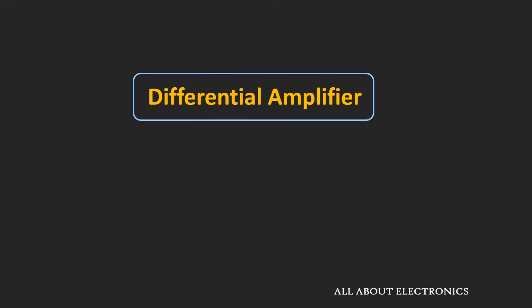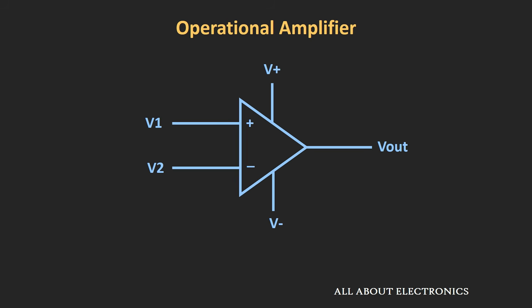In this video, we will see how to design the differential amplifier or a subtractor circuit using the op-amp. We already know that the op-amp is a differential amplifier which amplifies the difference between the inverting and the non-inverting terminal. But whenever the op-amp is used in the open loop configuration, the gain is quite high, and because of that the output will always get saturated. To avoid that, we always need to use the op-amp in a feedback circuit.